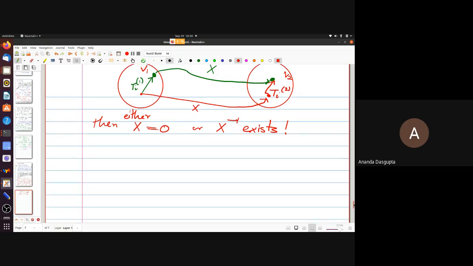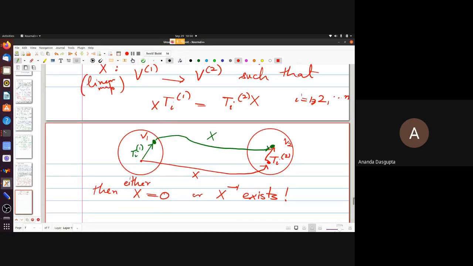This lemma essentially says this: if you have an intertwining X, an operator which intertwines between two irreducible sets of operators,